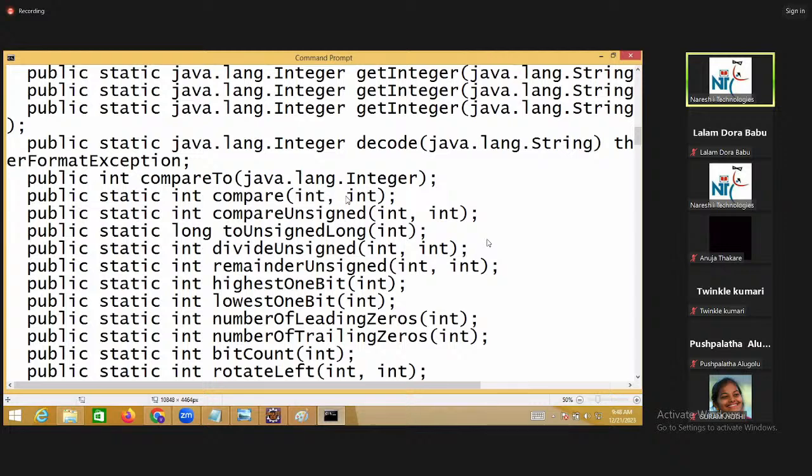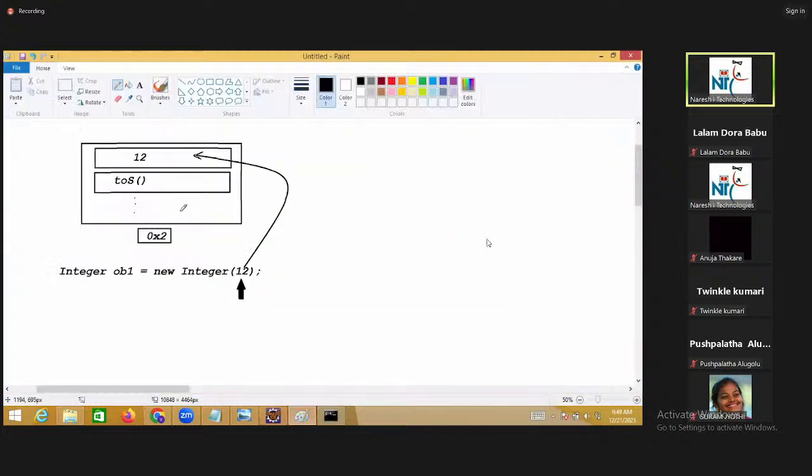This address will be available in some variable. So the string variable will hold that address. In that address location, one object is created, and the object will hold string data. The string data field also has no name, it is an anonymous field. But to do operations on that data in string, the length method is there, the charAt method is there, some other methods are there. The same way, when the data is available in the object, we have many methods to perform operations on